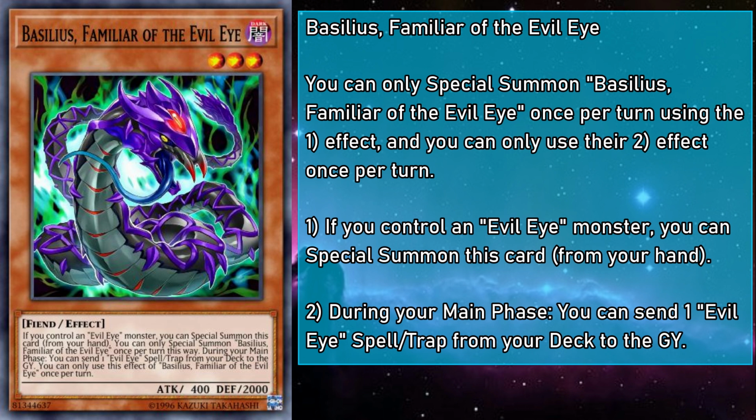And during your main phase, you can send an Evil Eye spell or trap card from your deck to the grave. So not only is this a way to get Selene into rotation, since you can just set it back from your grave, it can provide the fuel needed to get it out of the grave as well. We also have an effect that can grab Evil Eye cards out of the grave, so this is another way to set that up. And the free special summon ain't too shabby either, as it helps with your link climbing,